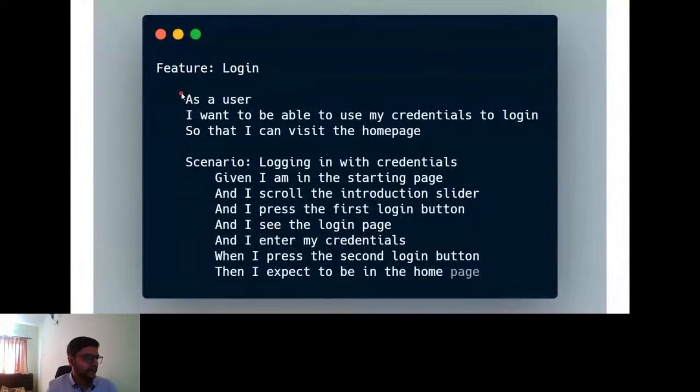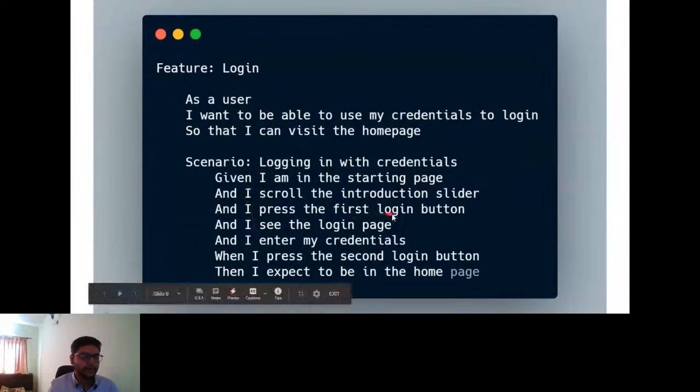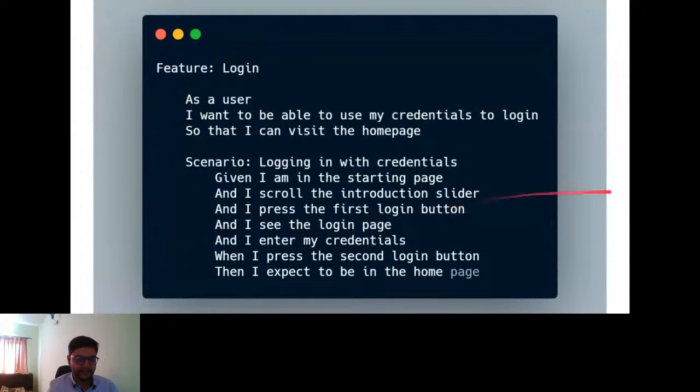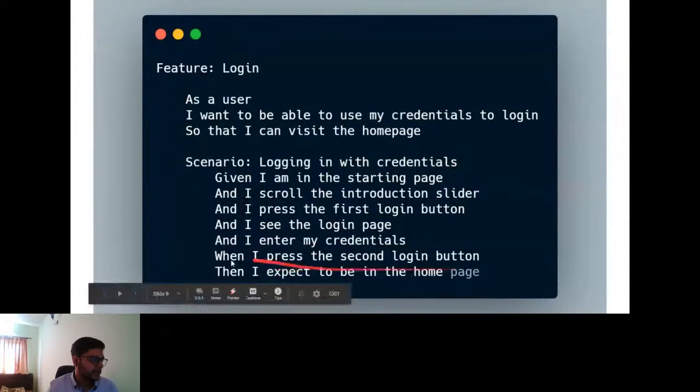अनि मैले न्यारेटिभ भने जस्तै, न्यारेटिभले हामीलाई तीनटा इन्फर्मेसन दिन्छ: फिचर कसको लागि हो, युजरको लागि हो; फिचर के हो, I want to be able to use my credentials to login, म मेरो युजर नेम र पासवर्ड युज गरेर लगइन गर्छु; र फिचर किन चाहिएको, so that I can visit the home page. एक्सेप्टेन्स क्राइटेरिया चाहिँ अब यो गिवन, एन्ड, देन, व्हेन युज गरेर किवर्ड्सहरू युज गरेर डिस्क्राइब गर्छौं हामी। गिवन र एन्डमा कन्टेक्स्टहरू हुन्छ, व्हेनमा एक्सन हुन्छ र देनमा चाहिँ एक्सपेक्टेड रिजल्ट हुन्छ। यो चाहिँ पछि डेमो गर्दाखेरि अझ क्लियर हुन्छ, अहिले कन्फ्युजिङ भए पनि।